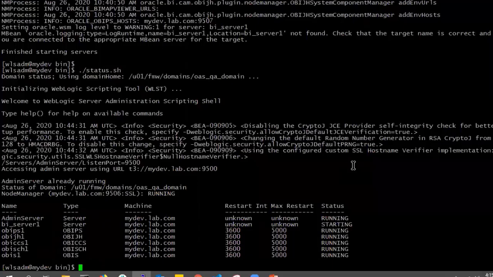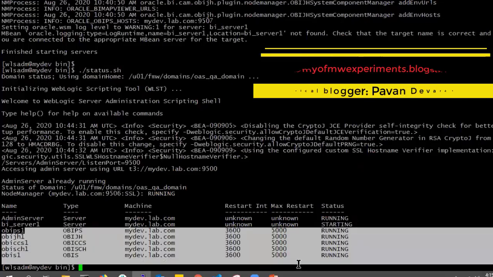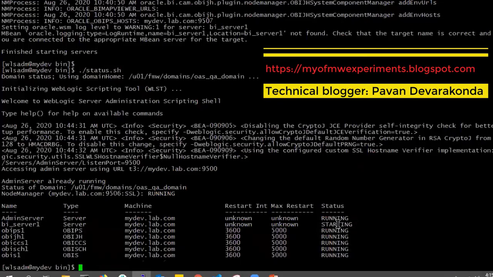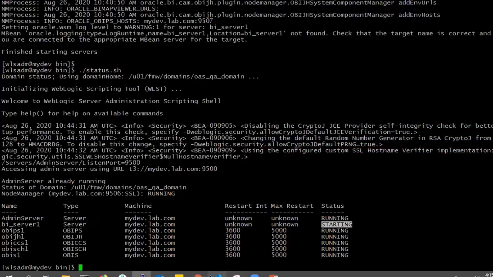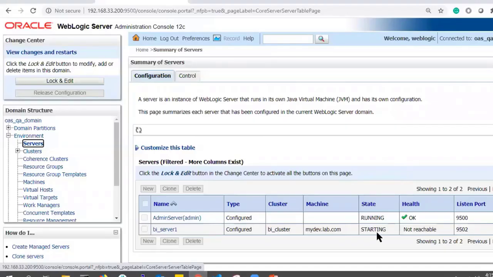So this is our main trouble, which you can see here. The BI server 1 is infinitely in the starting state. Even though all the other services are in running state, it has not completed and not reached the running state. That is a big problem. If you double check on the admin console, it is still showing the starting state. In such cases you need to restart. These are the limitations of your VMs. Generally, we'll take a bigger VM when working on Oracle Analytics Server or OBI servers.